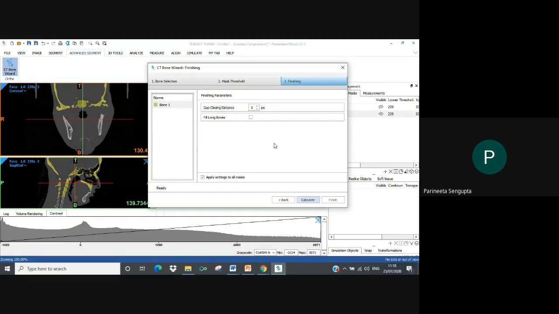Even the orbital floor bone is kind of brittle and sometimes has small gaps in it. Irrespective of the anatomy, it will still go ahead and close the model. So it is ideal to generally keep the gap closing distance in the range of 1 or 2, because otherwise if you increase the pixel value or the factor higher, then the accuracy will decrease or basically your anatomy will be irregular.